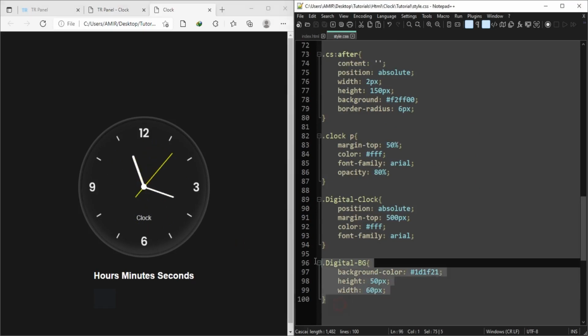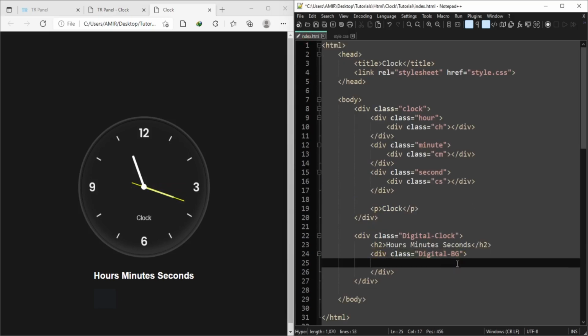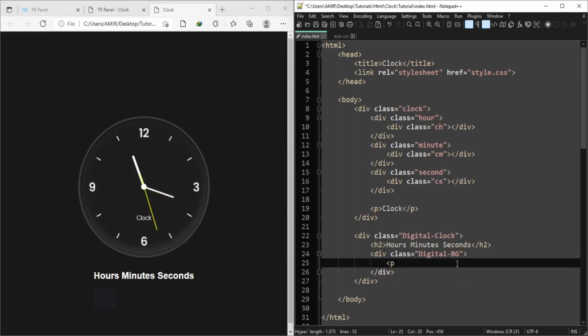Now you can see this background is showing here. Now we need our text in this box. Go back to your HTML file and add another tag for paragraph. Give it some ID because we need this tag in JavaScript. Leave this empty and close this tag.